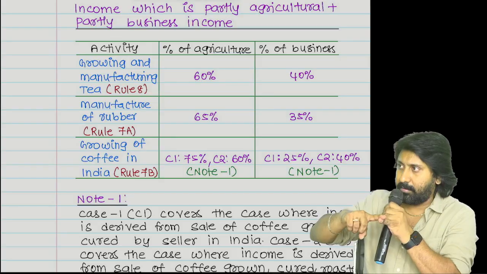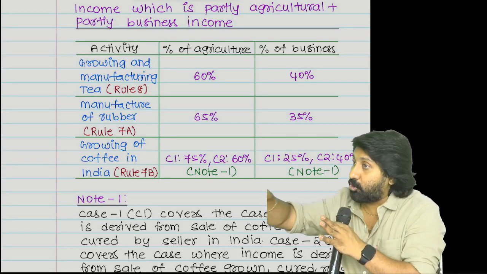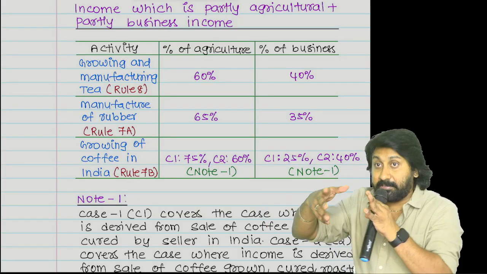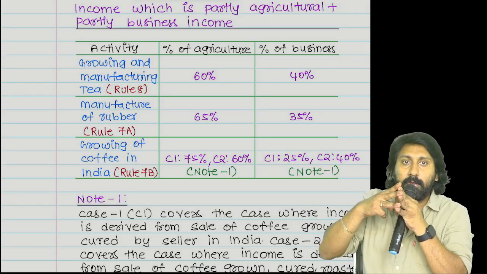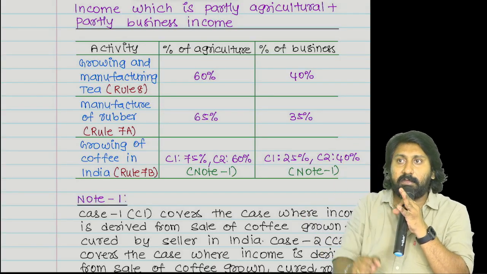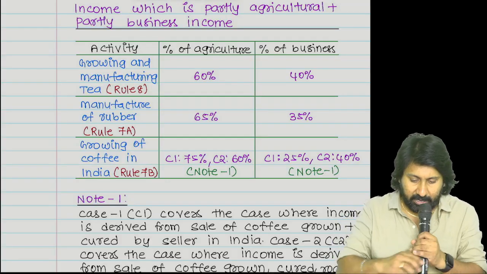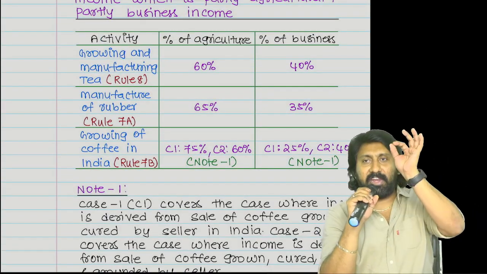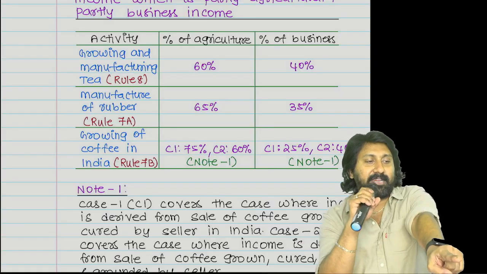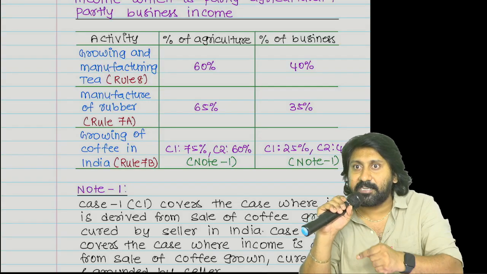Start again. These three are popular. Sir, other than this, there are so many others also. I am not denying that. But mainly these three. Tell me, number one? Number two? Number three? Tea. From today you should remember, whenever you see tea, first you should say 60% agriculture. 40% business is involved in that.